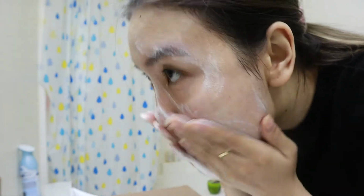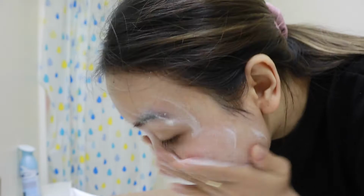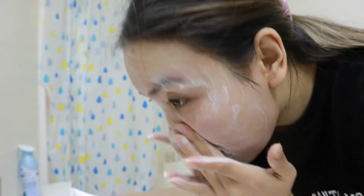Now the reason I chose this cleanser is because I love Purrito as a brand. I used to love their sunscreen before the scandal. I just felt like the formulation was really nice and elegant. I love using that word to describe skincare nowadays. But that's why I wanted to try out this cleanser, and I used it this morning, so I will insert